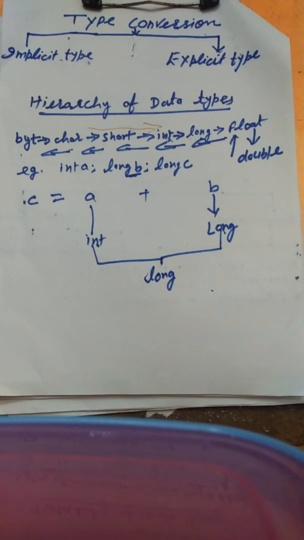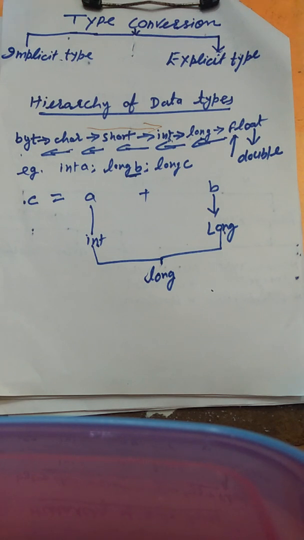In a mixed expression, the result can be obtained in any one form of its data types. It is needed to convert the various data types into a single type. Such conversion is termed type conversion. That is called type conversion.